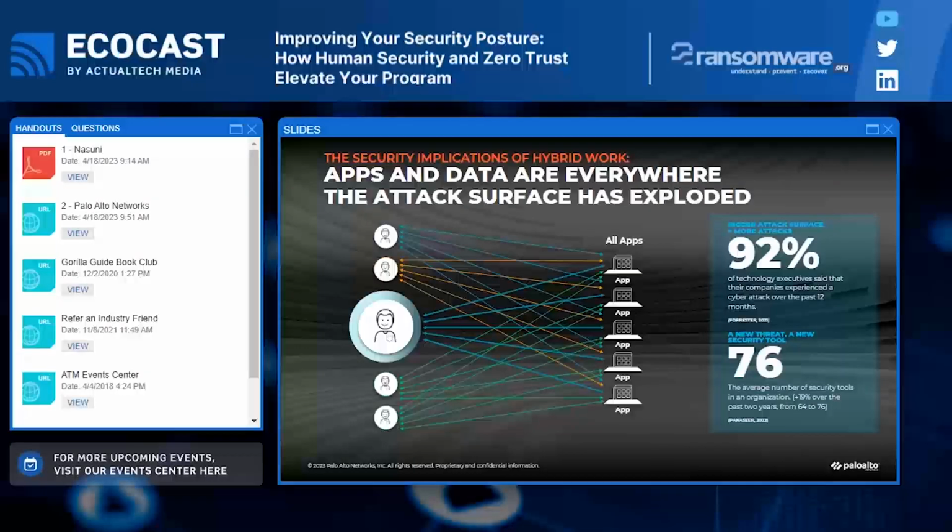Clearly, the old way of doing things just wasn't working and was no longer able to accommodate new ways of working, new ways of accessing applications, new ways of users having the right type of experience to get them to the data and applications that they needed. And that was something that was really interesting as well, as experience all of a sudden became just as important, if you will, as the security policies and postures that we had defined to protect our users.